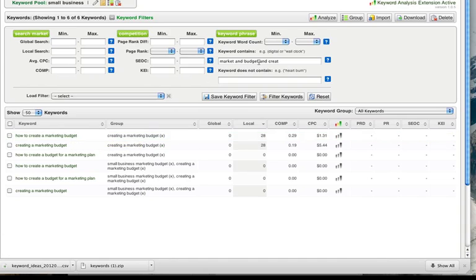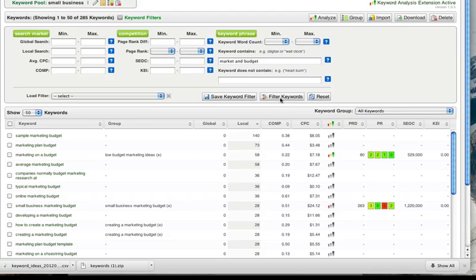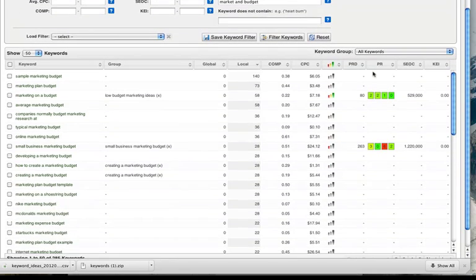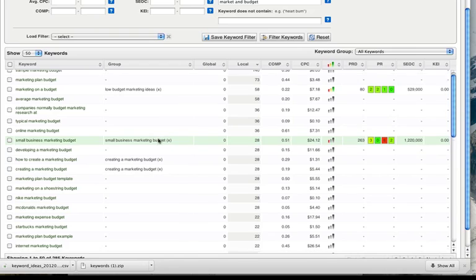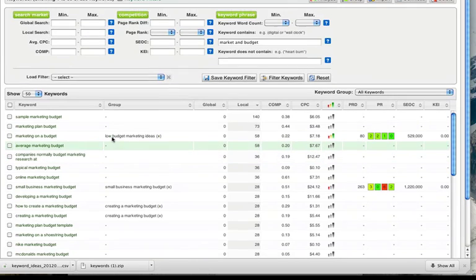If you feel like those numbers just are not strong enough for you, then you just go up a level. And what that means is you say, okay, I've got this concept of creating a marketing budget. There's not enough estimated traffic there for me to be comfortable, so I need to combine that with another group so that those two groups together will have enough traffic. And let's see if we can do that here in this pool. What if instead of forcing my post to be just about creating a marketing budget, what if I let